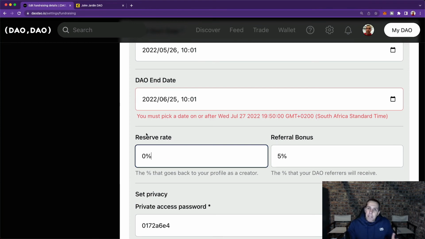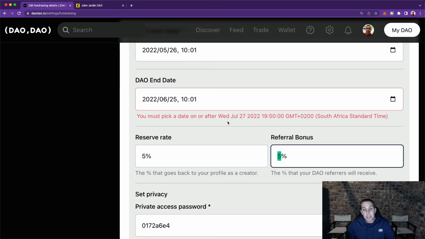However, if they go and trade and someone else purchased those DAO coins via the order book exchange, surely I'm entitled to a little bit of a commission over there because they are trading with my coins. Surely I should get something. But now the problem is this reserve rate is what accommodates both those situations. So you can't have one for the one and one for the other. I can't have 0 for people purchasing DAO coins and then 5% for people trading DAO coins. So it's either one or the other, which is why I ultimately land up setting a reserve rate. So I hope that was a valuable lesson for a lot of people out there.